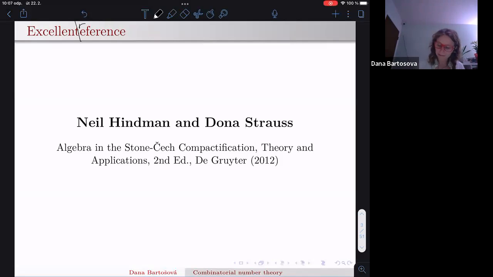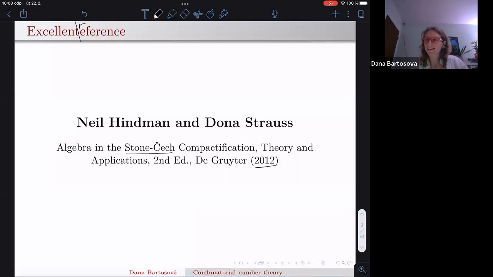I am citing here the second edition because this is the edition that is a lot cheaper, which is what the authors insisted on. The first edition, I don't know if you can still get it, but it used to cost around $350. And the second edition, the authors insisted that it's below $100, and it's about twice as thick as the first edition. So as you see, they talk about the Stone-Čech compactification. Well, in Europe, we say Stone-Čech, in the US, we say Stone-Čech,